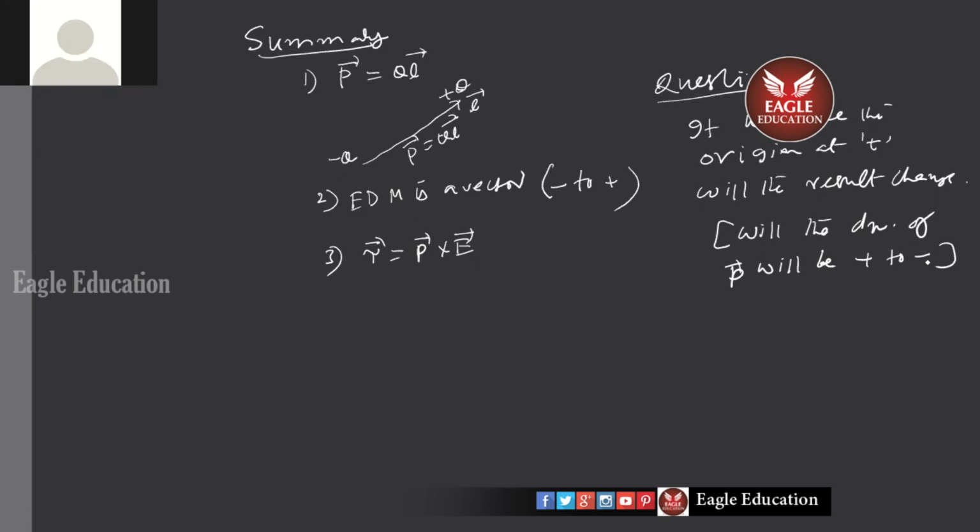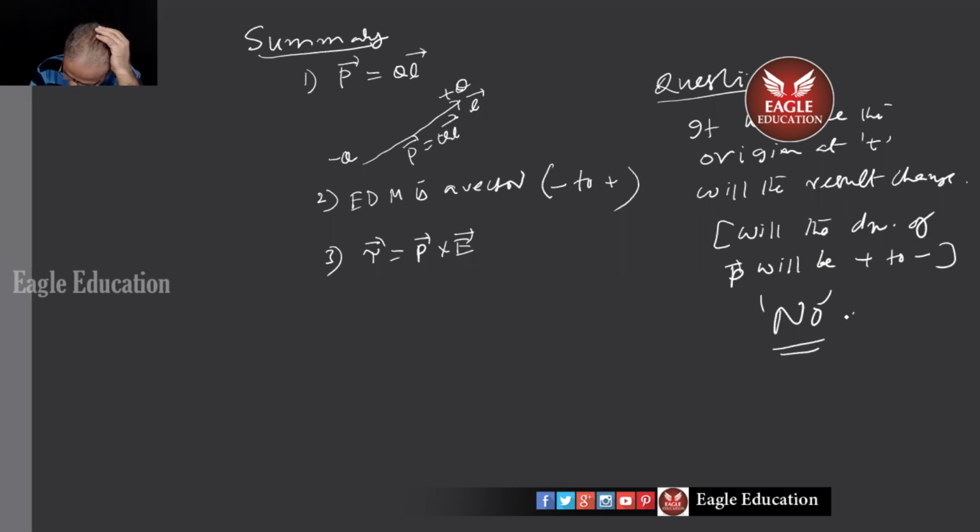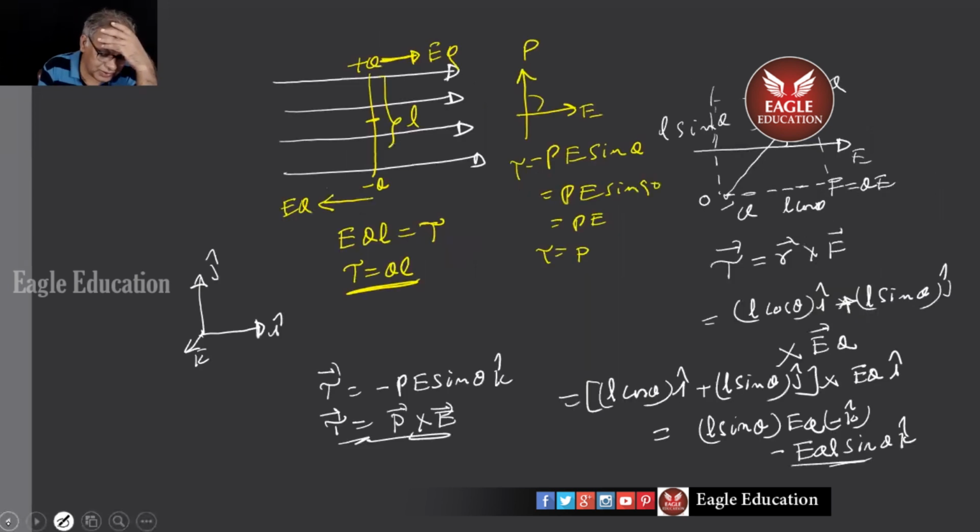Now, if you can answer this, I can say that you followed it. No, sir, the result won't change. No, I told already, but why? Can you prove it? You can. It's not so difficult. Look, the vector form is very easy to deal with. If you take the origin here, can't you write these two things, Bharat? Let us try. Come on.